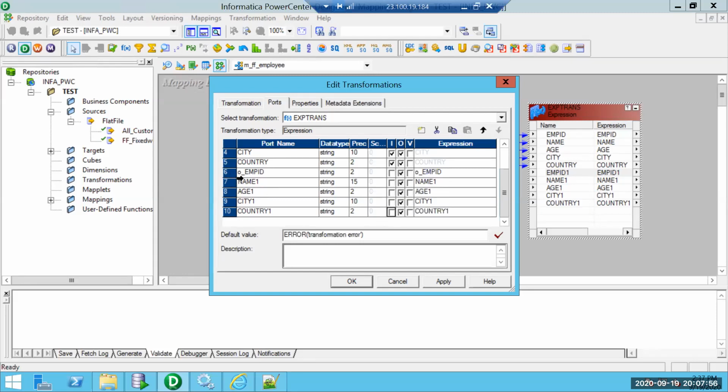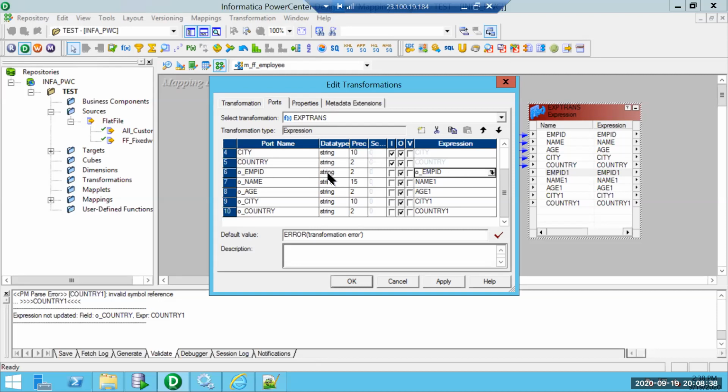These will not have any inputs. I'll have a transformation logic in place for these columns. Output ports, whatever we define in the expression or derived columns, are usually prefixed with O underscore. This is just for proper identification when we are troubleshooting. If we have the input checkbox checked, then we will not be able to derive any logic. So we need to uncheck this input, then we will be able to derive or transform the corresponding column.